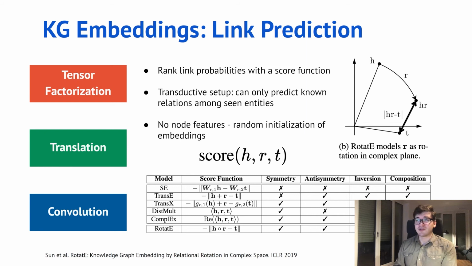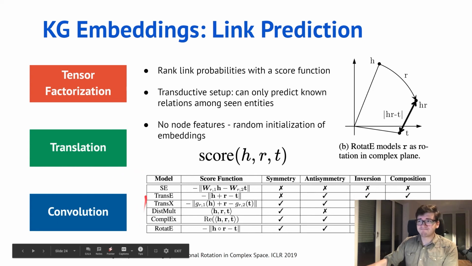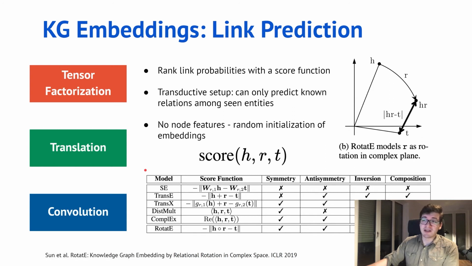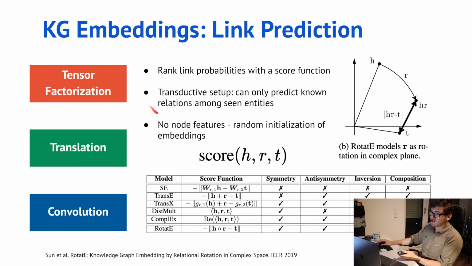So, for instance, starting from link prediction, there is a whole big line of research starting from 2011 or even earlier, which tried to measure the probability of a certain triple, and from inferring those probabilities, we build embeddings, and those help us to infer new links as well. There are several families of them, like tensor factorization or convolutional models. We'll not talk about them in detail, but we'll just say that there are different scoring functions, and depending on that scoring function, there is different expressivity of the models, and most of them are trained in a transductive